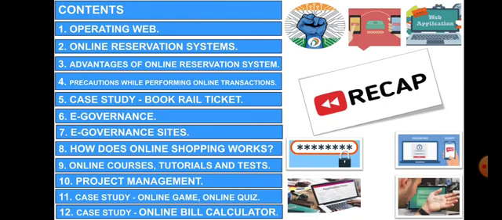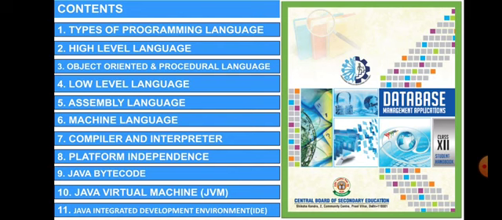There are various stages of doing it. What is the requirement, what is the design, how to implement it, how to test it, and then finally sell it. And this is what we have learned in our previous lesson. Now let us move on to the next lesson. Now the next lesson is Java programming.